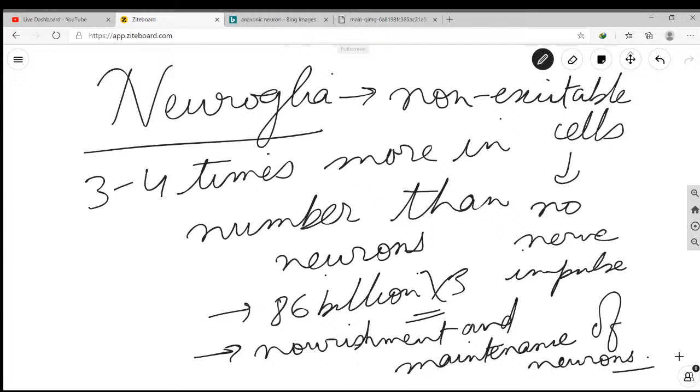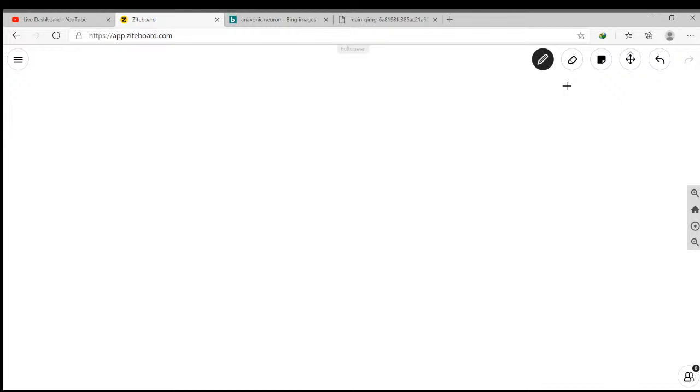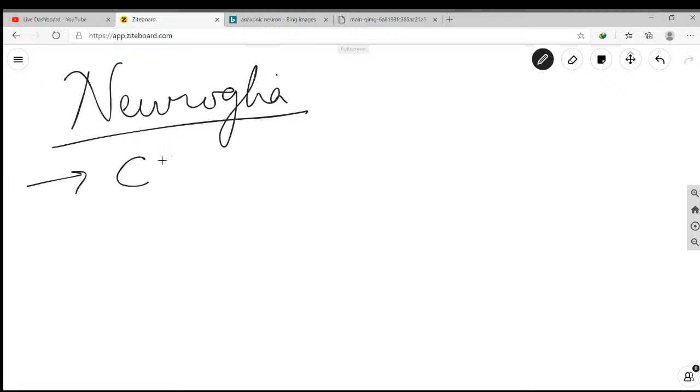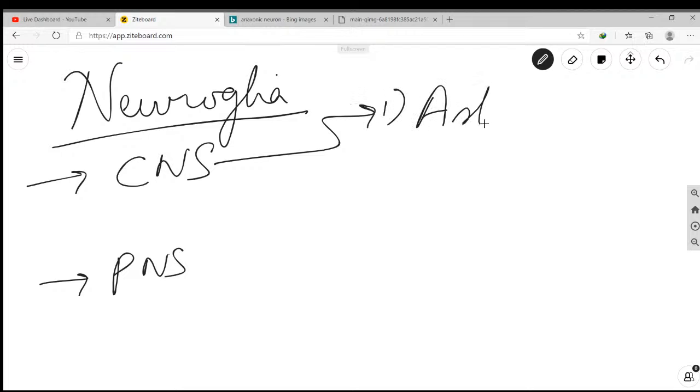Now there are two types of neuroglia. One that is present in, you can say, CNS, and one that is present in the PNS. So I'll just write it down. So neuroglia, CNS, PNS. Now under CNS you have number one astrocyte,